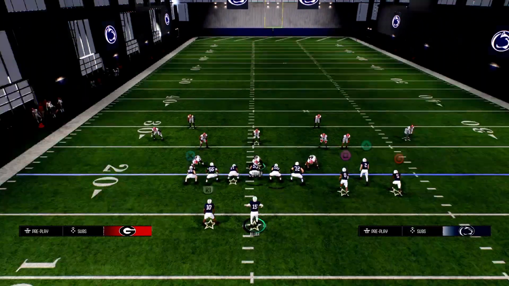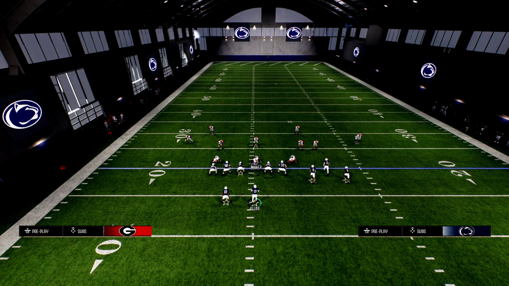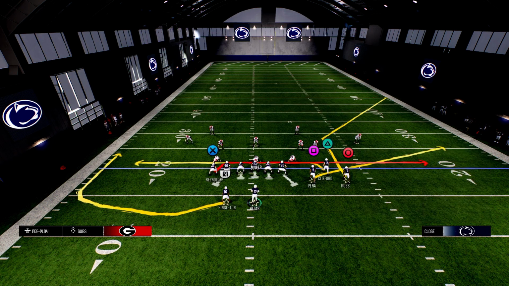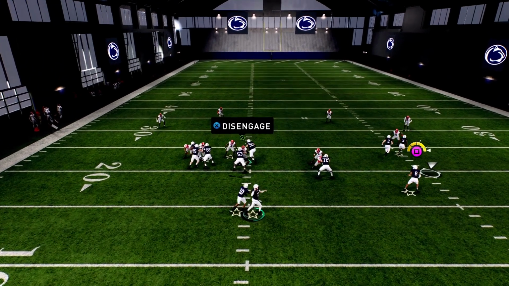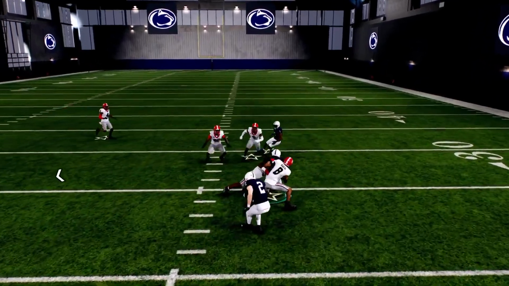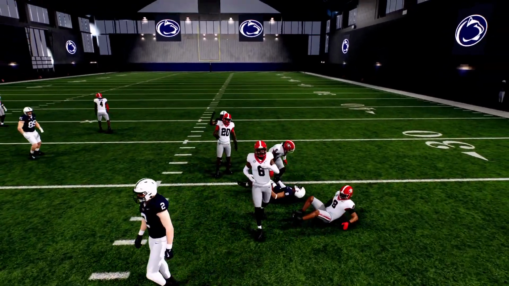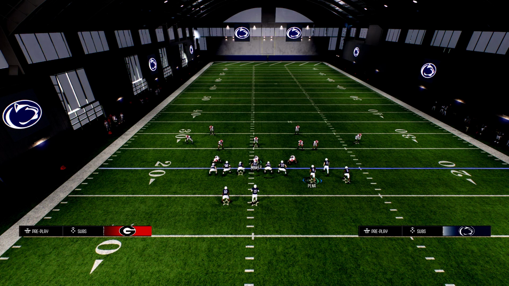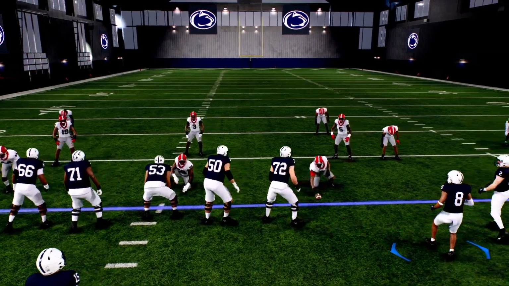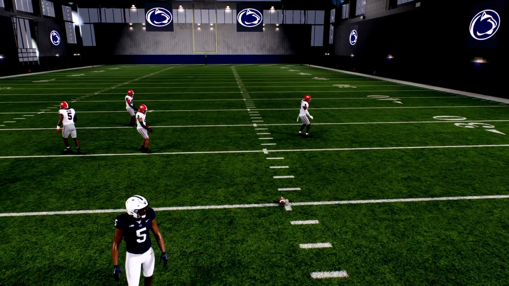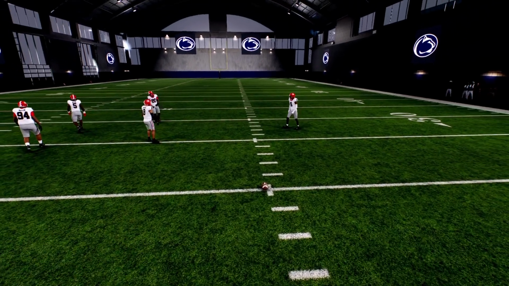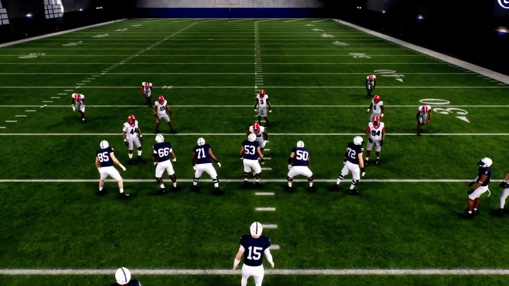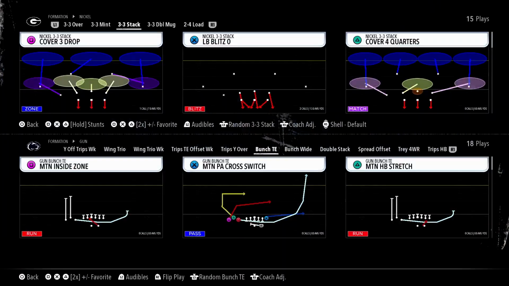And if you wanted to, you can run this with your bunch to the wide side and you're still going to have success. I just think overall that bubble screen is really good, specifically to the short side, which is why I like to come out short side and then flip into whatever it is that I'm going to run. Now, for the remainder of this video, just to save us some time, I'm going to be showing you different route combinations flipped, but I'm also going to real quickly just cover one of the other little things that I think makes this really good,